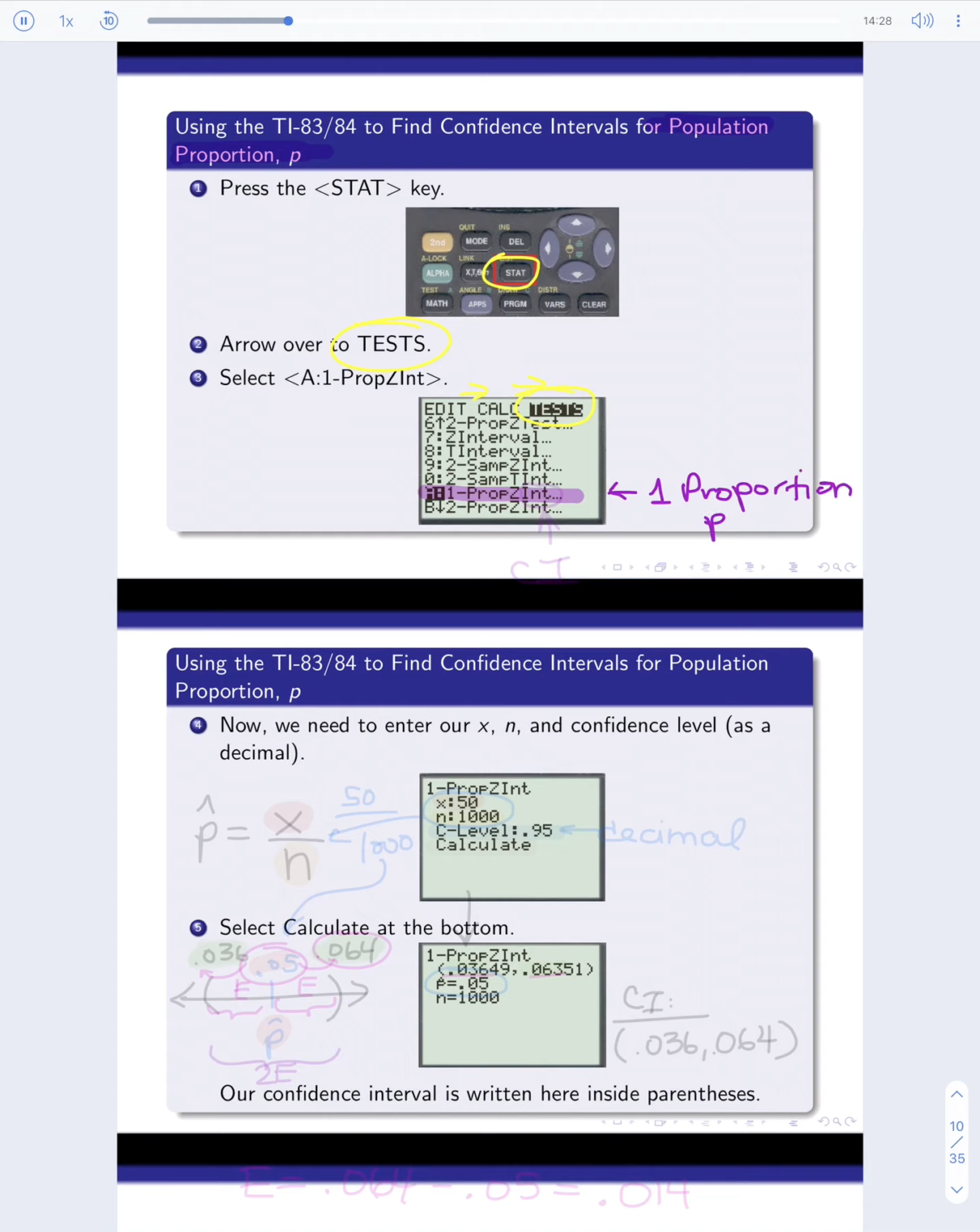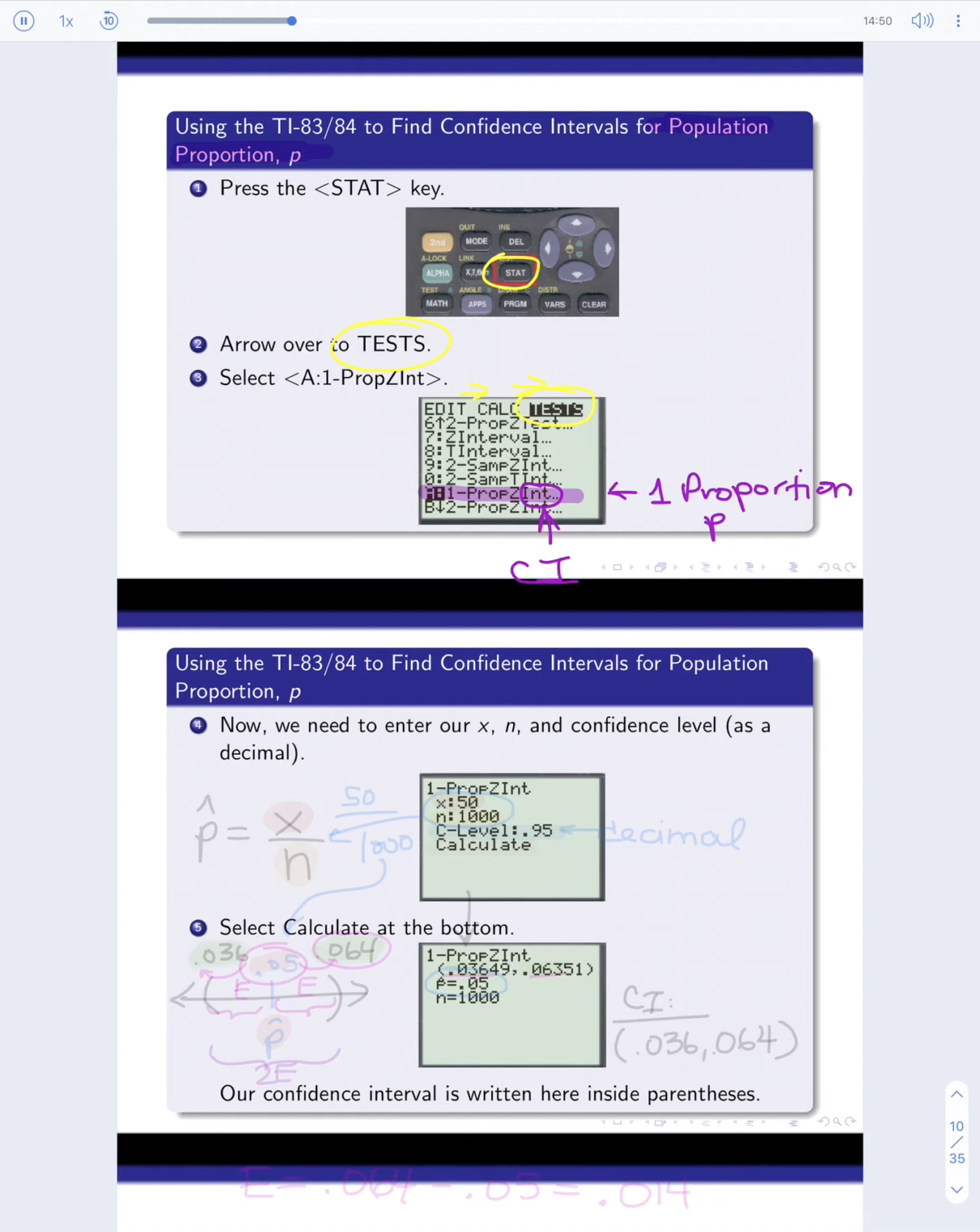And the Z tells us that it's going to use Z values to do this. And the int stands for confidence interval. So when you see the int, it means that it's going to do a confidence interval for you. Okay, so if you press enter once you hit that one prop Z int, then what you need to do